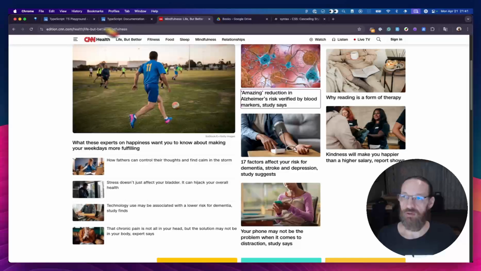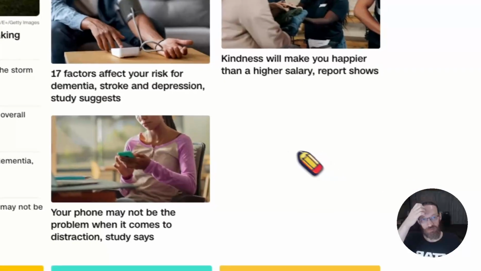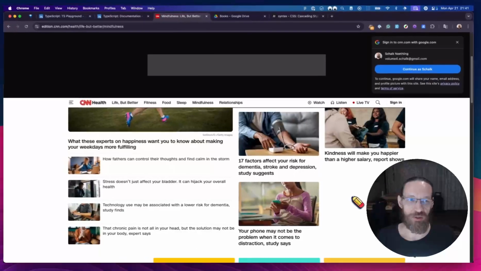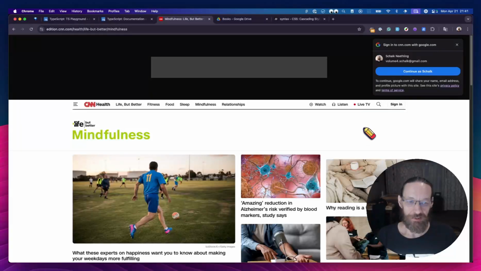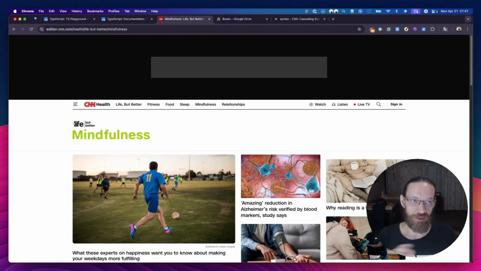Now, let me reload the page, and I'll show you from the perspective of somebody using a screen reader. And of course, we're going to run into the same problem with the tab. So I'm just going to go ahead and press escape so the little Google thing there goes away. So I'm going to open up VoiceOver, and then what I'm going to do is open what is called the rotor, and basically this gives the screen reader user some additional options of how they can navigate